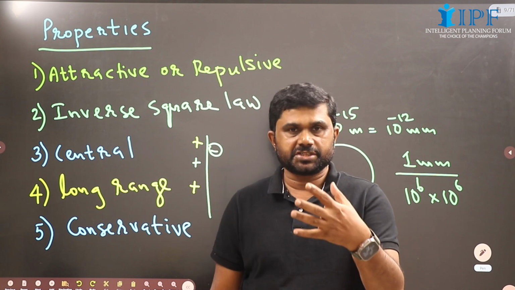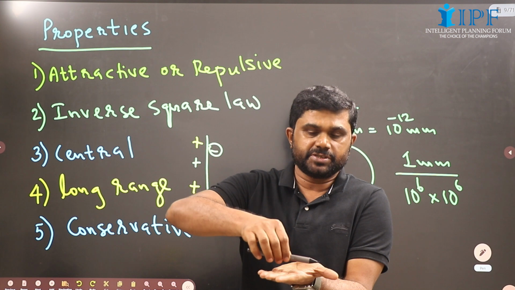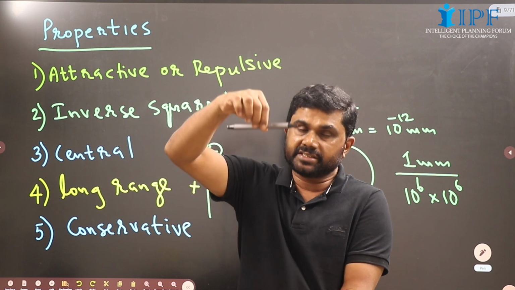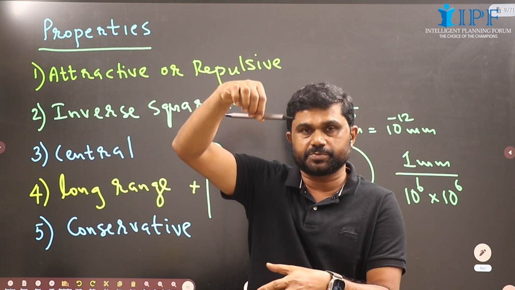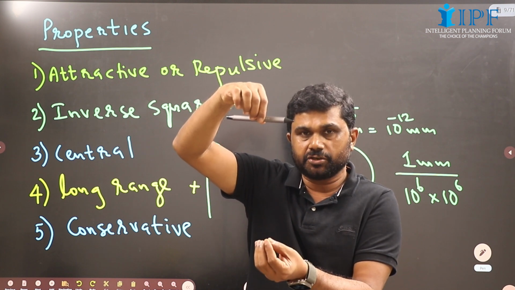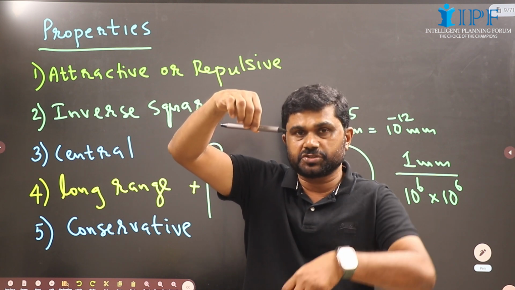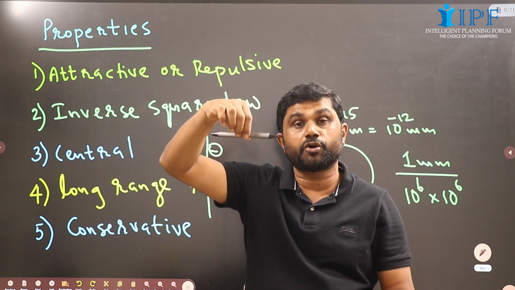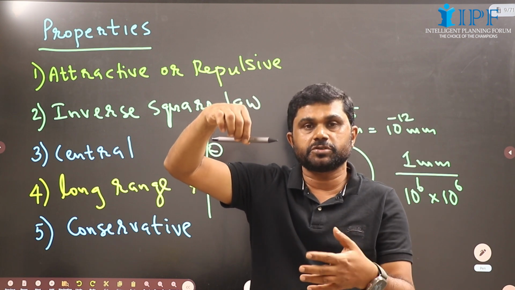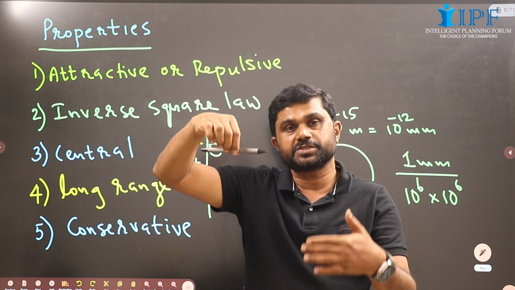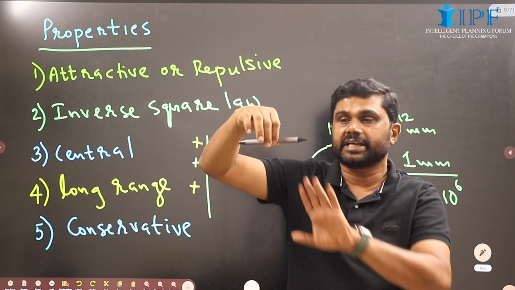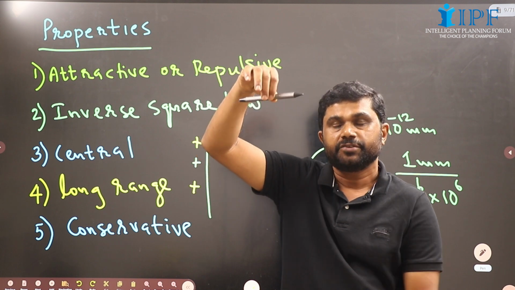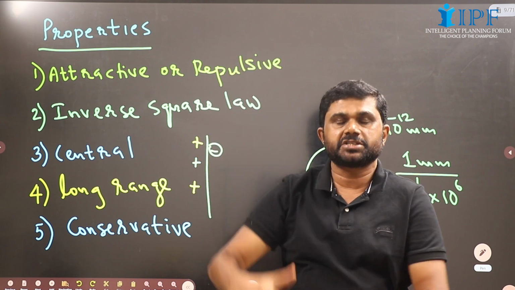So, gravitational force is conservative. Suppose I have lifted a body against gravitational force. Work done is force into displacement. The force acting on the body is mg, and an equal force is to be applied in the opposite direction in order to lift it. So the force applied is mg and the displacement is h. Work done will be mg into h, that is mgh. That is the potential energy stored here. When it is released, that potential energy will be